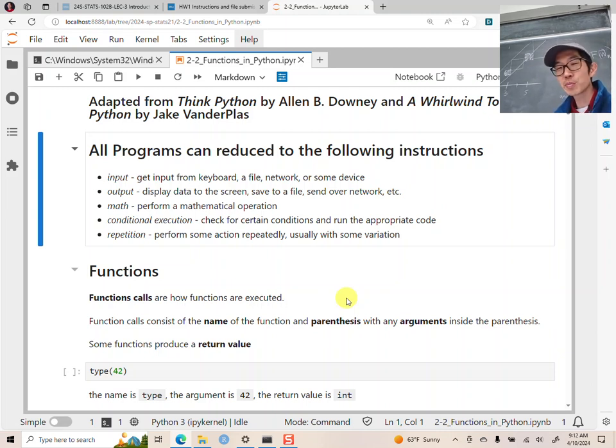Okay, so input could be getting input from a keyboard, a file, or the network, either on the internet or some device, maybe a game controller. And then output is displaying data to the screen, saving it to a file, or sending it over the network. There's going to be some kind of math calculations, mathematical operations performed, and then